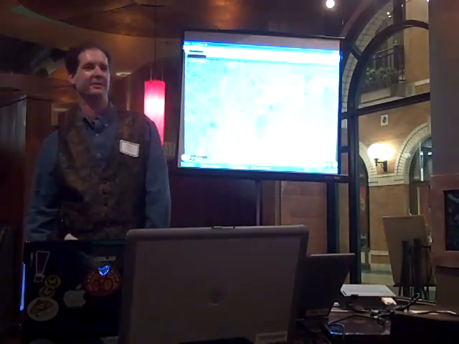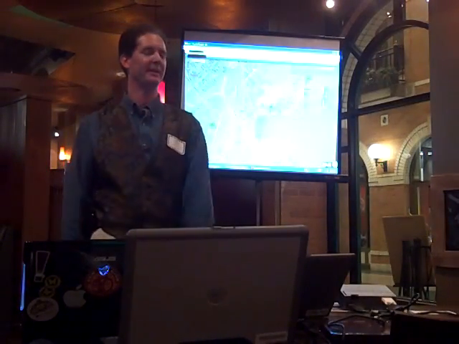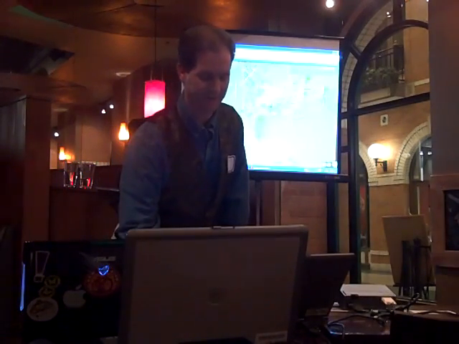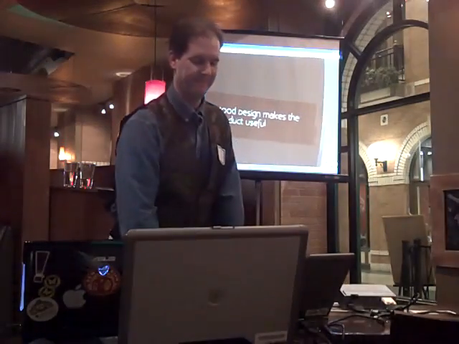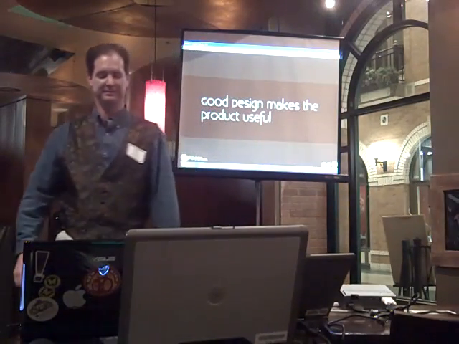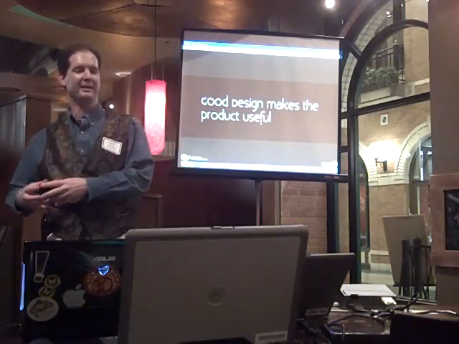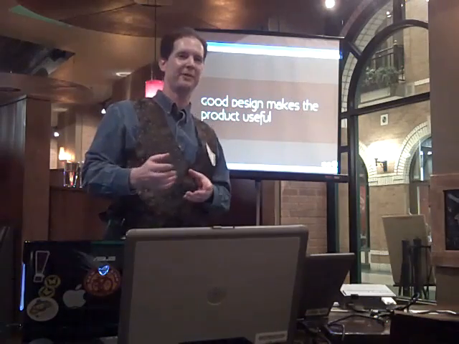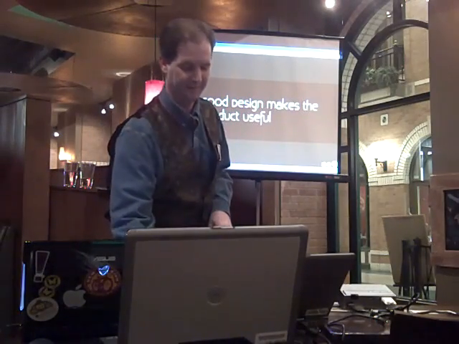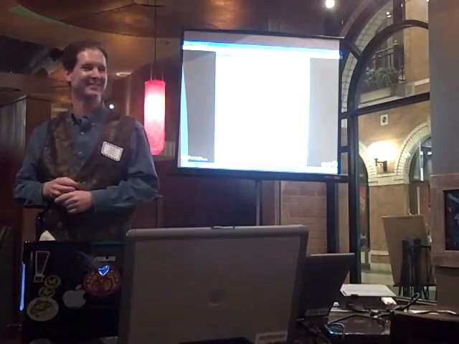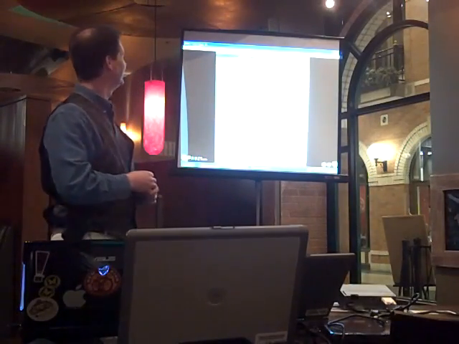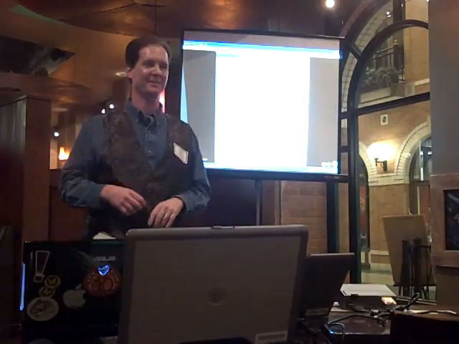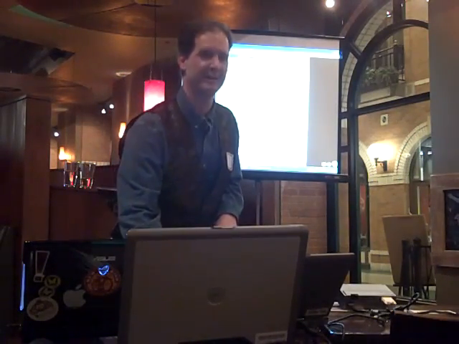Silverlight and Flex came out a couple years ago, and provided us a new canvas to give our users access to the geodata, something a little nicer than what we've seen in the past. Good design makes the product useful. As you develop your product, how are you making that useful to the user? Don't provide a bunch of buttons that don't do anything for them. Provide exactly what they need. So some of these examples are good and bad. You've got to think about not only the UI that you give to somebody, but the cartography that's involved. Don't make people run away screaming.